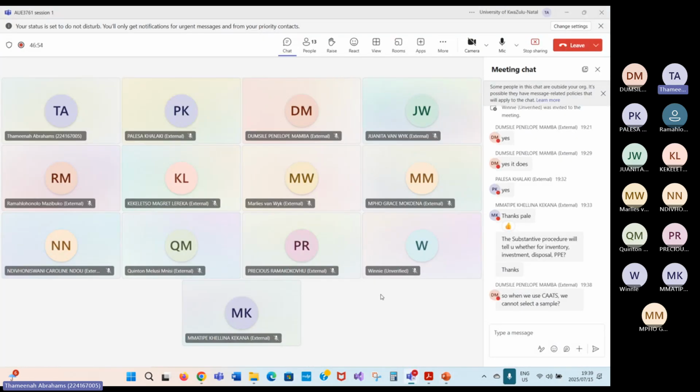So when we use CAATs, can we select a sample? It depends on the auditor and what the auditor wants the computer to do. Because sometimes even if a computer can scan an entire population, it depends what functionality you want the CAATs to do. Sometimes a scan of something may be more rigorous and take days. So in that case, an auditor will rather say use CAATs to do a sample. So go through the examples of CAATs in your tutorial letter so you can see when they say use a sample or when they don't. But usually CAATs can do an entire population. Okay.